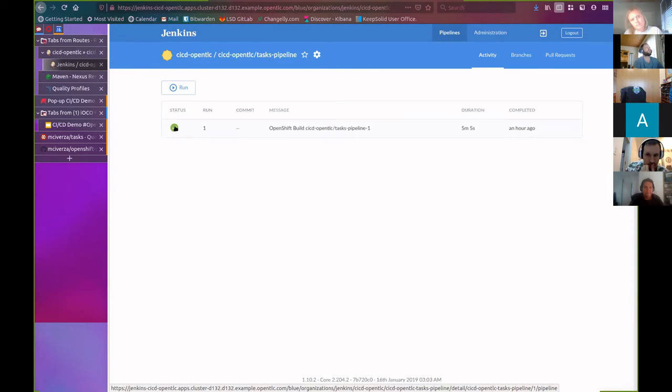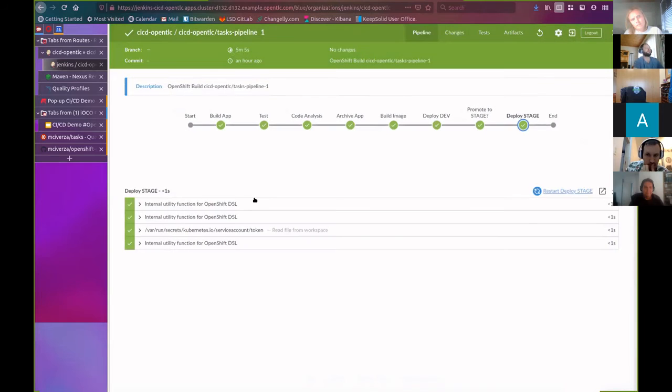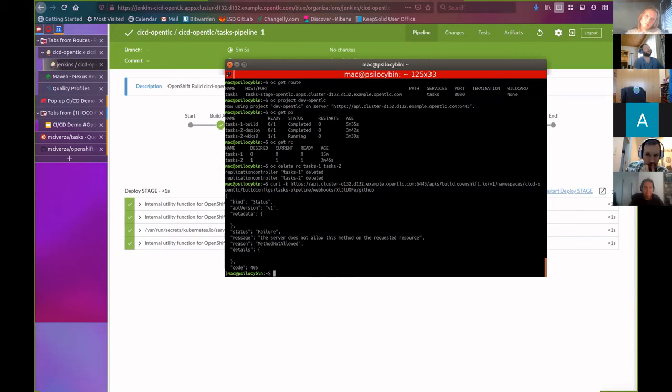So we can see here that we have run this pipeline. It has gone through several stages. And what I'm going to do after that is show you what the actual code itself looks like. So I'm going to go ahead. And the reason for bringing up this shell on the screen here